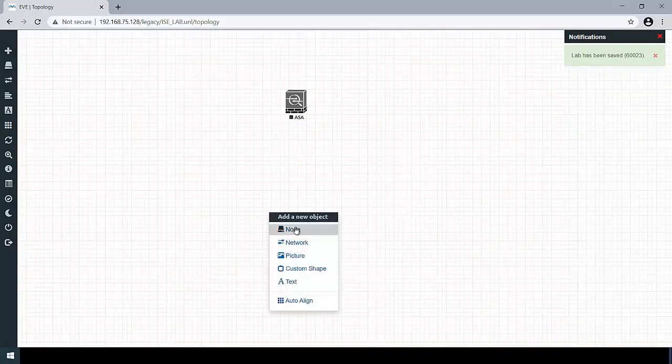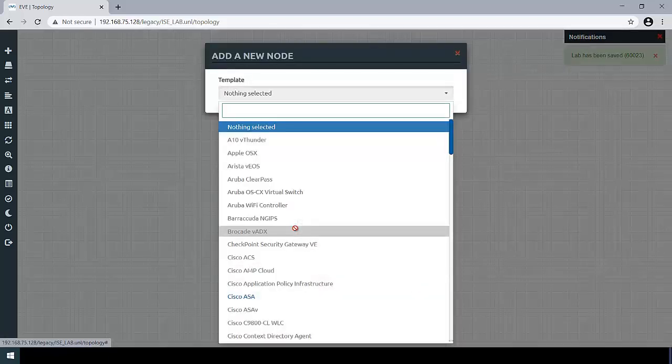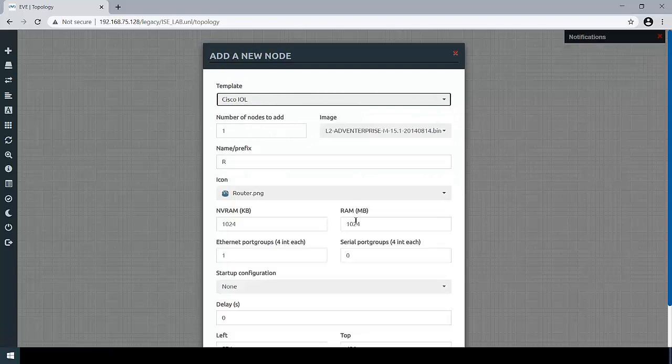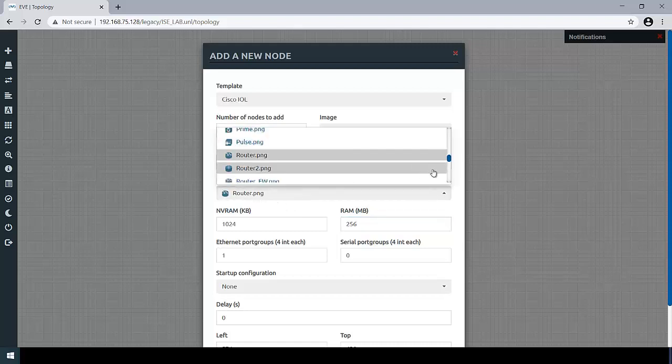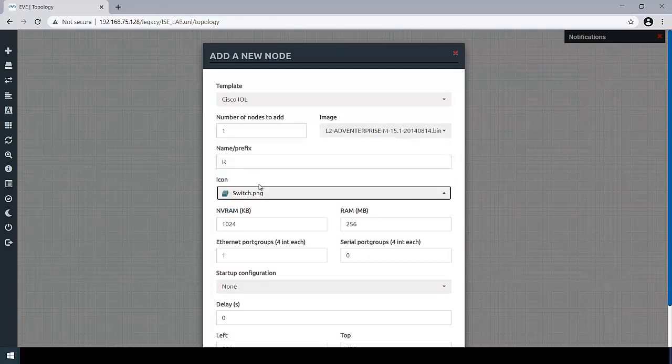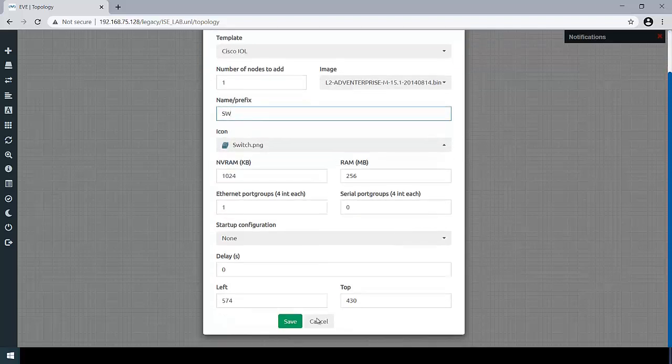Now again go to nodes, search for IOL, make it 256 MB. Change the image to switch image. Also change the prefix to switch or SW.